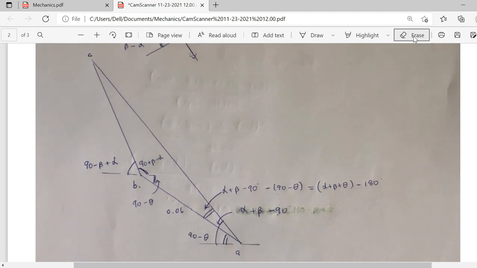After drawing this velocity diagram, the next thing is you need to find the velocity of C. As we all know, when we are drawing the velocity diagram, the actual velocity of this C would be equal to AC. As I have already mentioned, A is a fixed point, so it would be equal to this AC. So the main thing is here we are going to find an equation for AC. So how can we find the equation for AC?